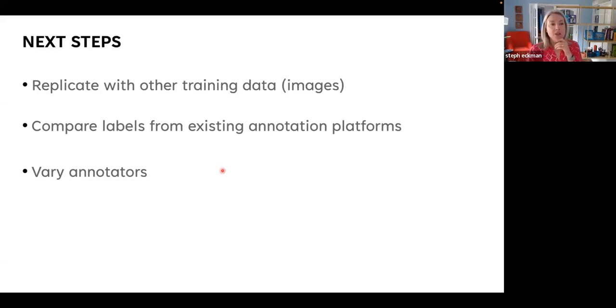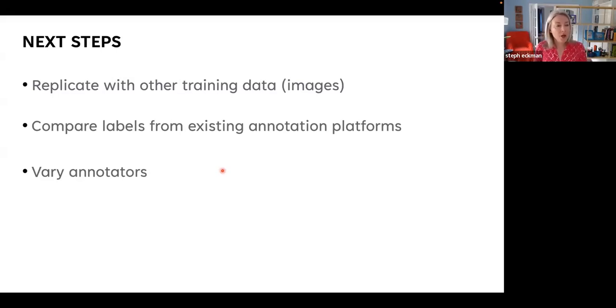So I think what I would like to do next is, instead of building in small manipulations of how the instrument works, I want to use some of the big name platforms like Labelbox and Label Studio and SageMaker and other ones like that. Those platforms have already made a suite of decisions about how the task annotation structure should look and how it should work, right? So I want to just say, let's compare annotators using these different platforms and see if we get different labels, and then ultimately different models as well.